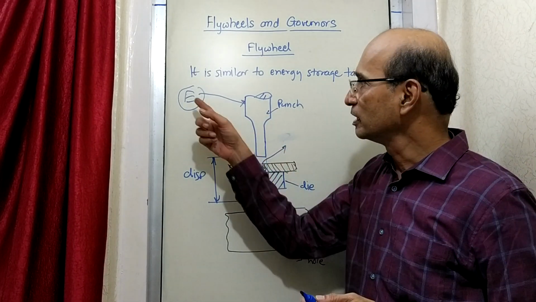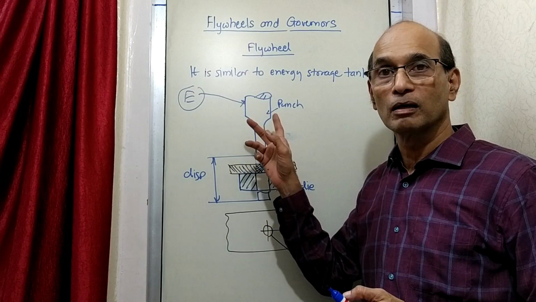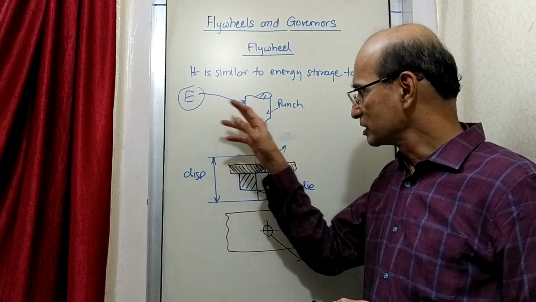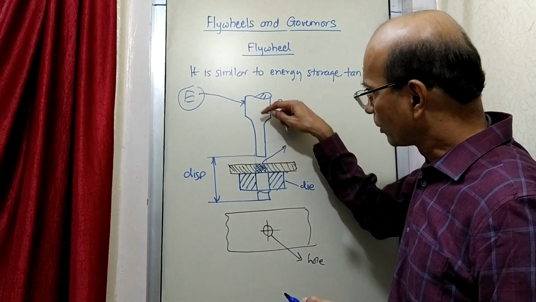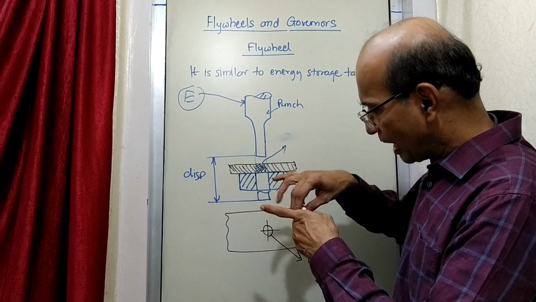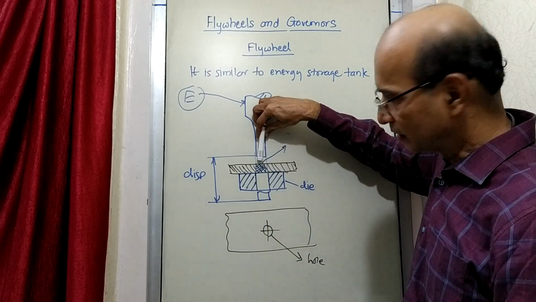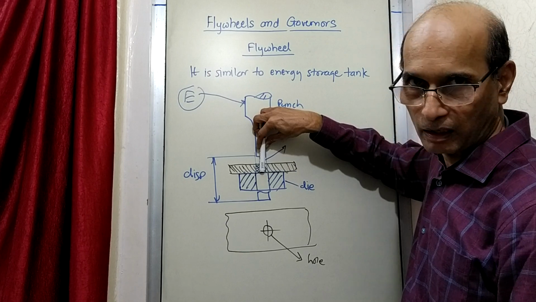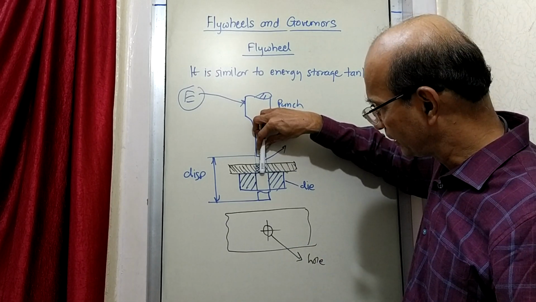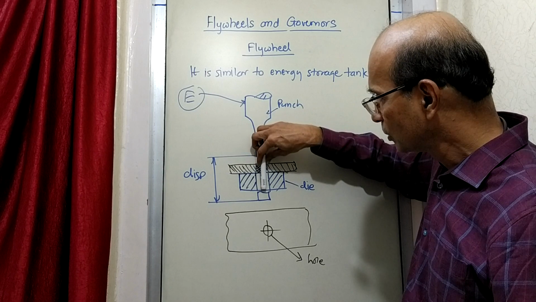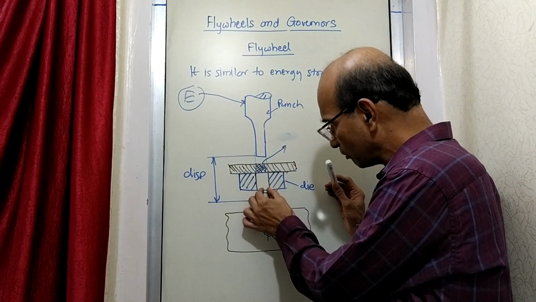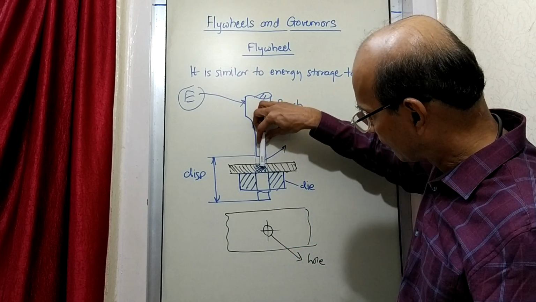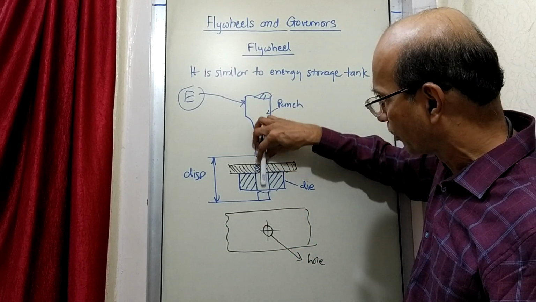Now this energy is given for what? It is given only for cutting or for what? Whatever energy is given, because of that energy it goes down, and the moment it touches the plate, now it starts cutting the plate. At this point, when it reaches here, the cutting action is over. And now the punch is going further down, so that this part which is cut will be removed from here, from the die. So that's why the punch is traveling up to here. So this much is the movement of the punch.